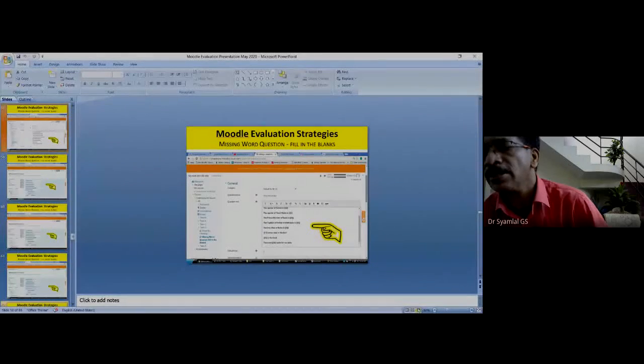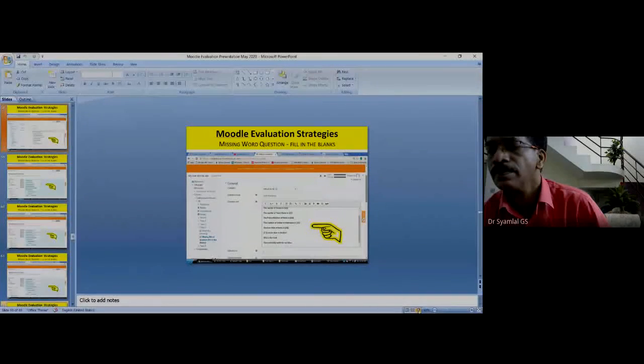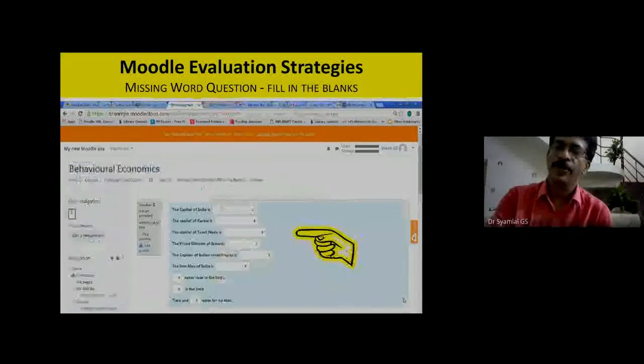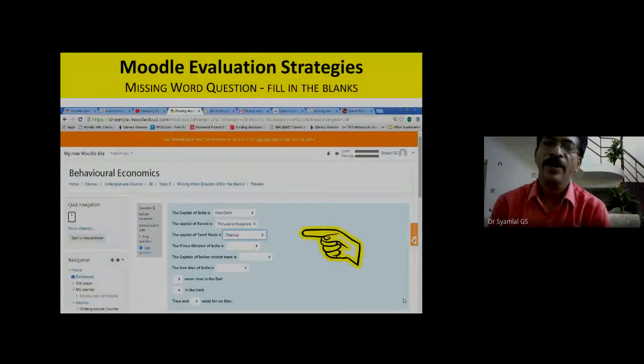Hope all had entered this into your module. I don't think it is fair on my part to lecture the whole thing again. Add a question, incorporate that, click on the missing word, copy this one and paste it. Remove the highlighted word. Now I am back to the slide. You will be getting the screen like this. And friends, after that, save and return.